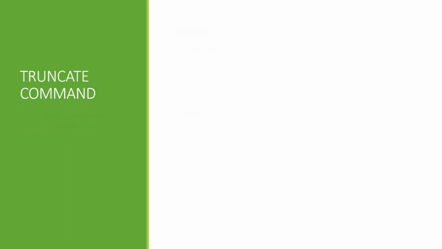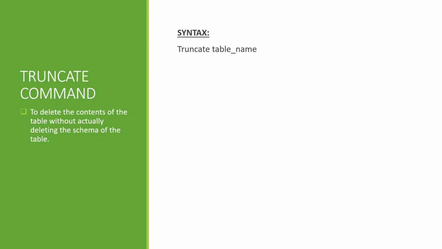And the next one is the truncate command. Now see here, you need to notice the difference between the truncate command and the drop command. Truncate command is also used to delete the table, but it leaves the schema of the table. So basically a truncate command will only delete the records or the rows present in the table, but it will leave the field names and the proper schema of that table will still be left behind. So the simple syntax is truncate space the table name. So the example is truncate students.